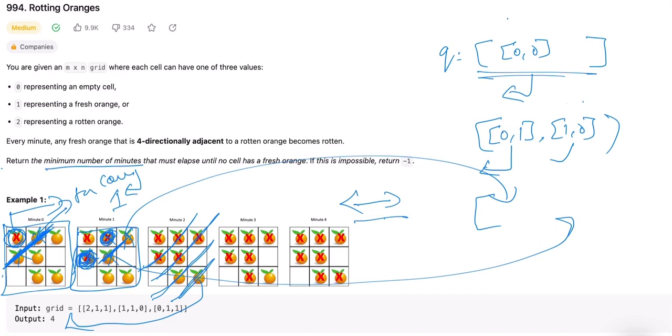One thing we have to note is edge cases. Let's suppose there is one more orange here. If it is here, then we can't reach it from here because there is no neighbor. This is a kind of independent one, so then we can't return the number of minutes. We have to return -1, because for sure this cannot